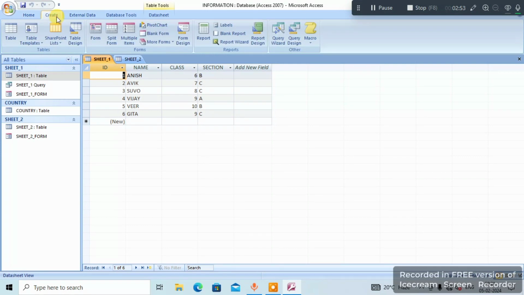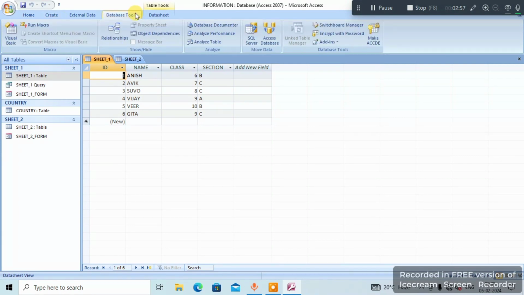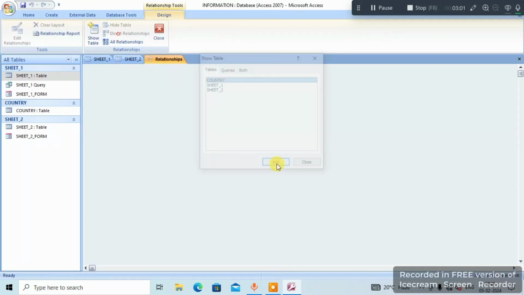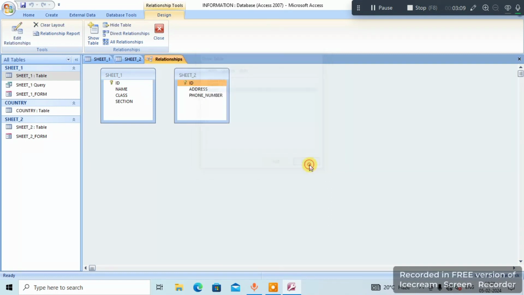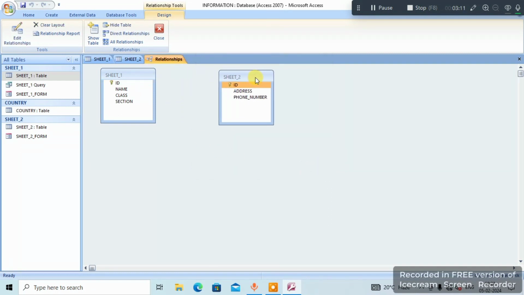So the next one will be go to create. I'm very sorry, you should go to database tools, and you can see the show or hide group. You can see the relationships option. This is very easy to do. So you should take the tables. So I'm taking the tables. This is sheet 1 add, sheet 2 add, and I will be closing this window